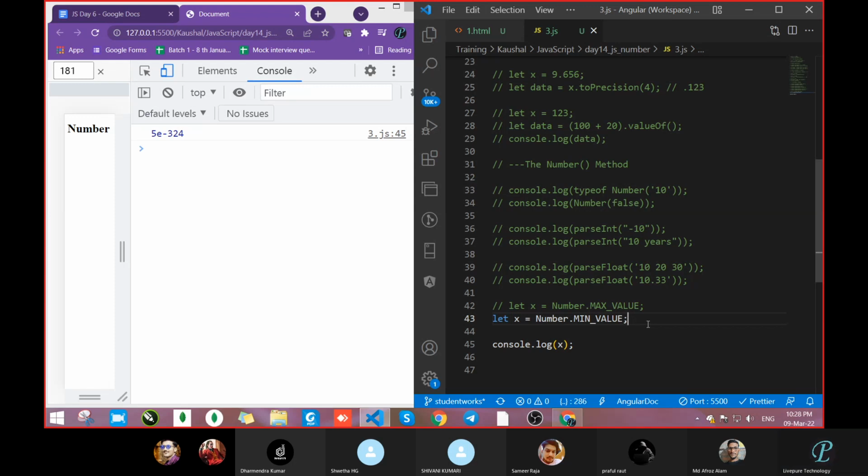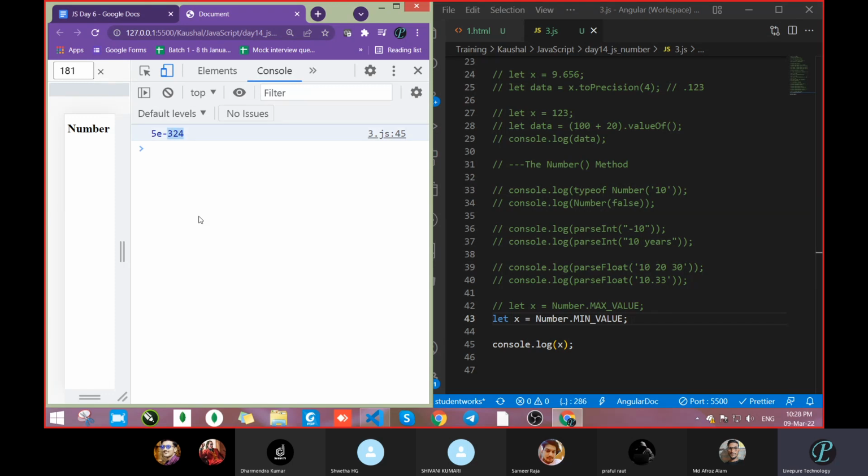So the minimum value will be this one, 5e power minus 324. Why is the exponential taken in Number, sir? Because when you get a very long value, it will not be represented in the number form. You know how many digits it would take? It would go like 0.00 and so on, because that is negative.